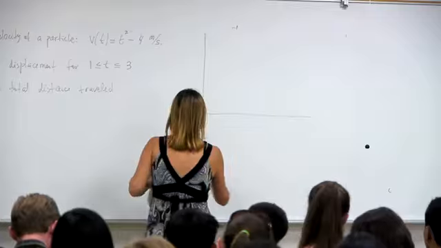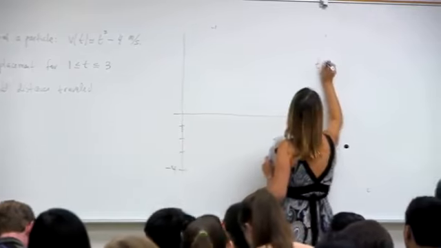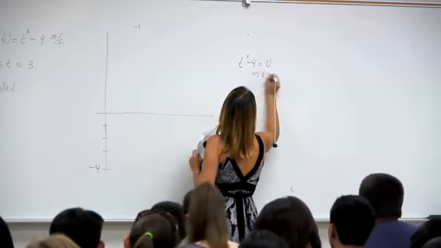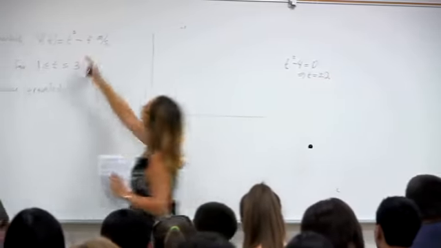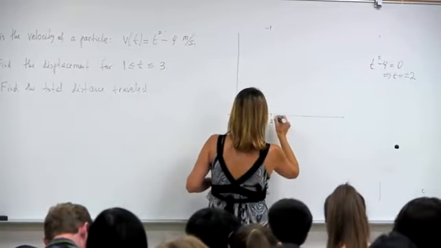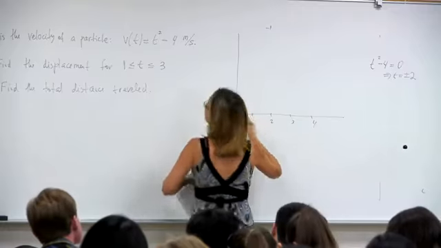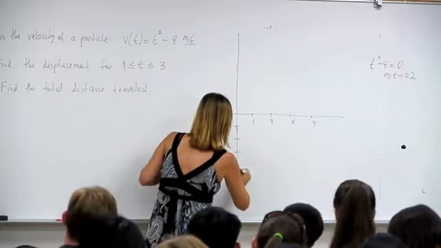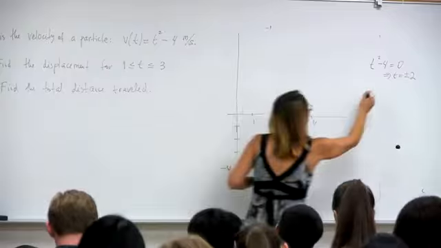Starts at minus 4. Where does it cross 0? So I can solve it. So t equals plus minus 2. And of course, I don't care about minus 2, because I care about the time interval between 0 and 3. So this is 2. Okay. I actually care only about time between 1 and 3. So at time equals 1,